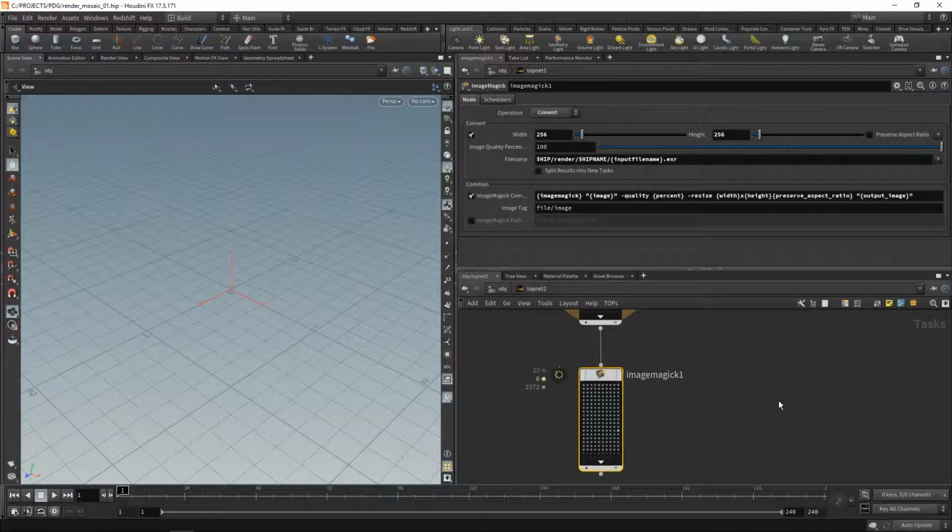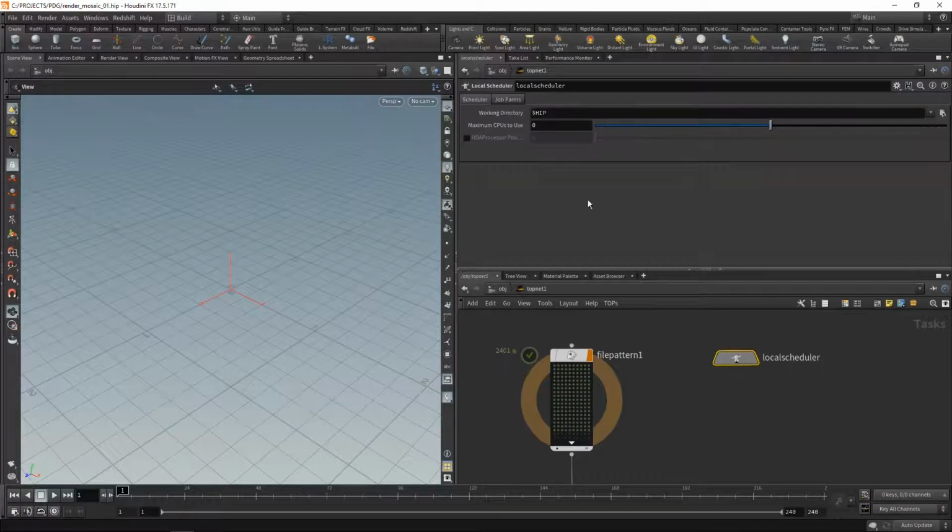And this is going to run for a while. So let's speed it up a bit. And on the one hand, you can see this will take a while, but on the other hand, you can see it's only using 6 cores. So let's fix that and just cancel it by hitting Shift and D and go to the local scheduler